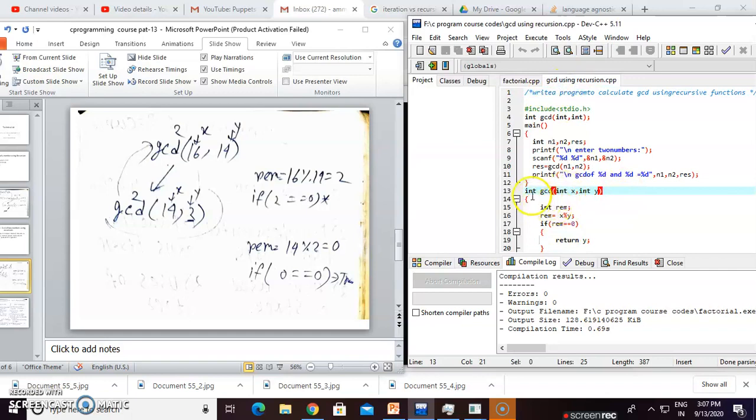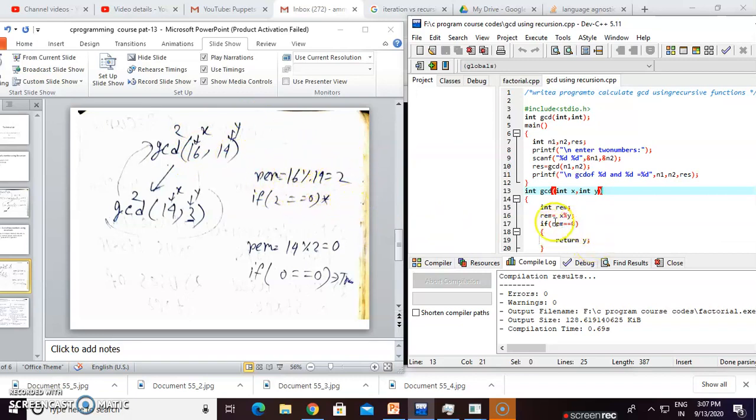This is GCD of int x, int y. Here I take the x value as 16 and y value as 14, meaning GCD of 16 comma 14. Now first calculate the rem value. Rem equals x modulus y, meaning 16 modulus 14. If you calculate, the value is 2.